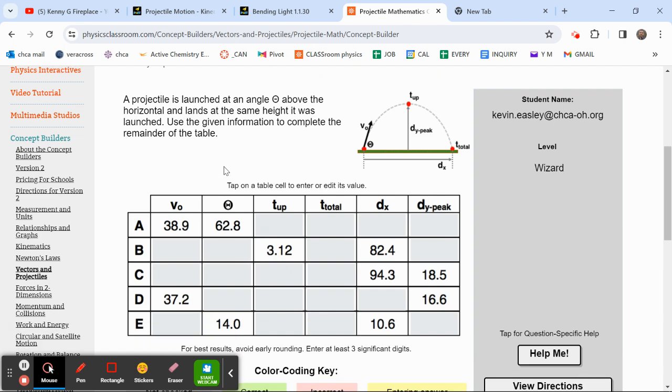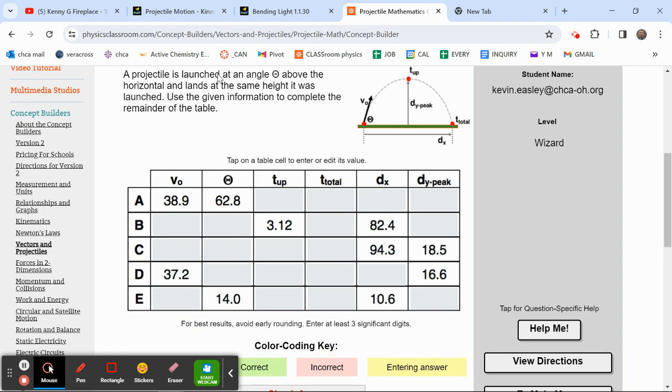So it says, projectile is launched at an angle of theta above the horizontal and lands at the same height it was launched. Use the given information to complete the remainder of the table. So essentially what this is giving for you here is you have 5 different practice questions, 5 different scenarios. For example, A is saying if this angle right here,